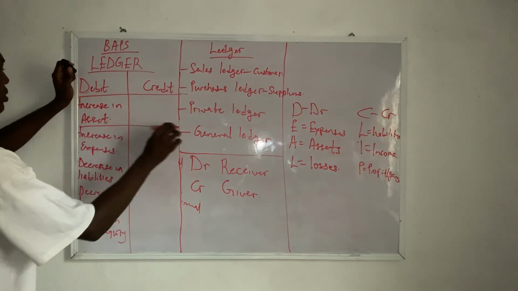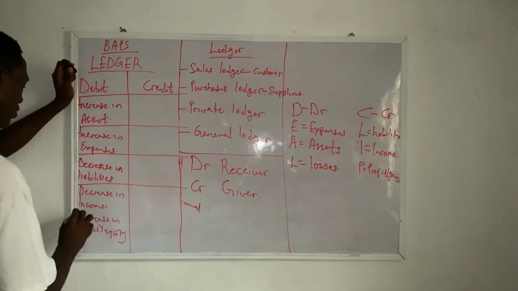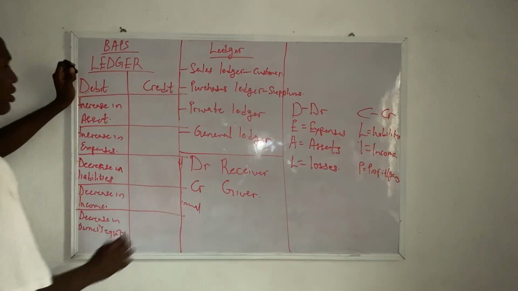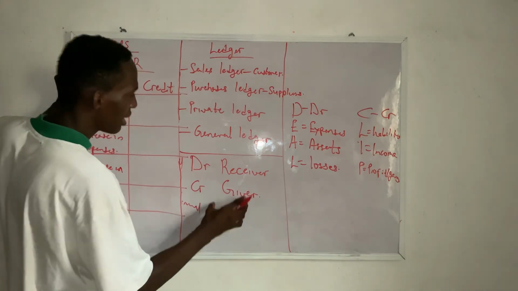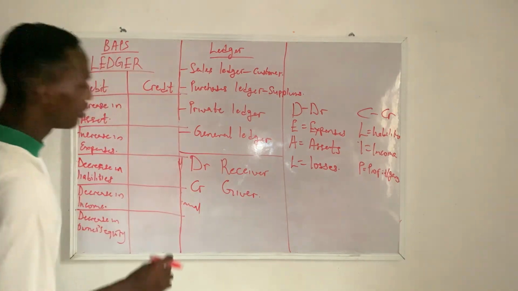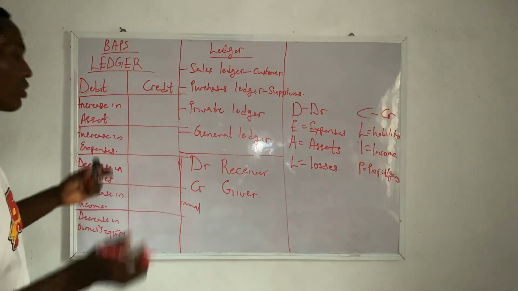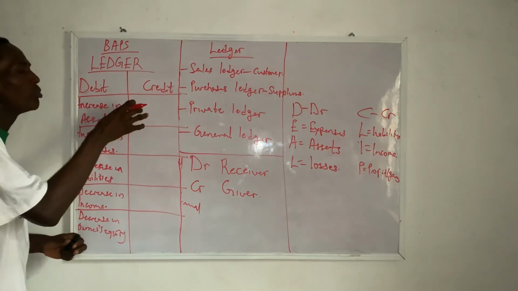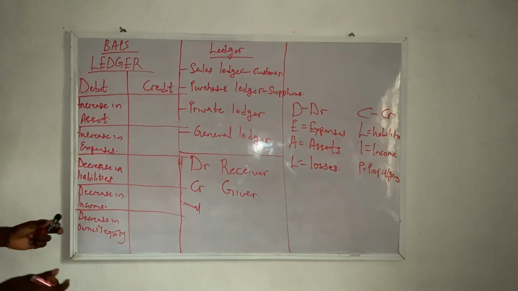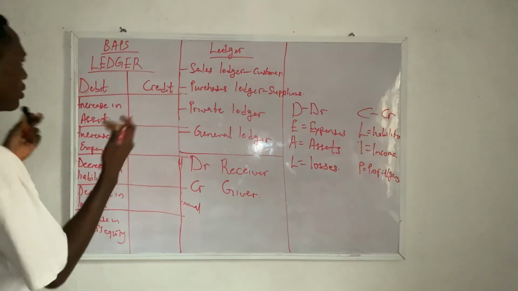Alright, let me rule it this way so that I can separate the points from each other. Whether you know this or not, if you understand this principle of double entry, whereby you debit the receiver and you credit the giver, or the receiving account and giving account, you might not even need to memorize this. And I'm not encouraging you to cram, but it's just for you to broaden your understanding on double